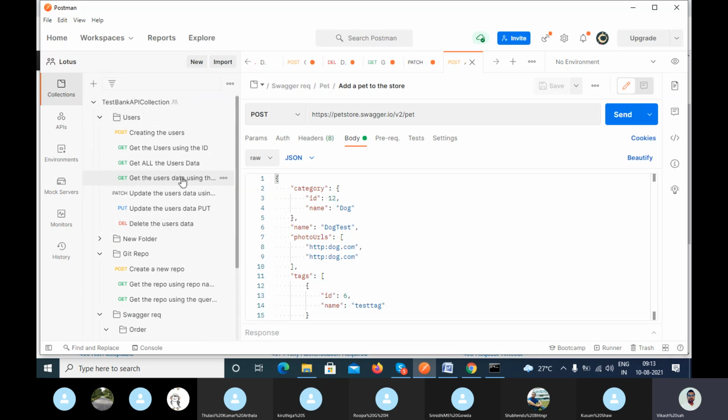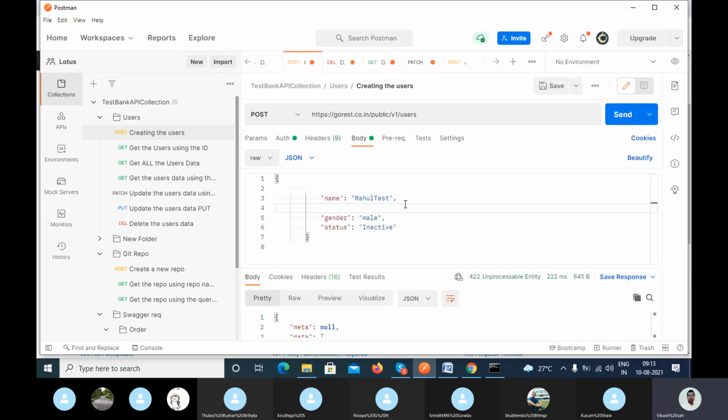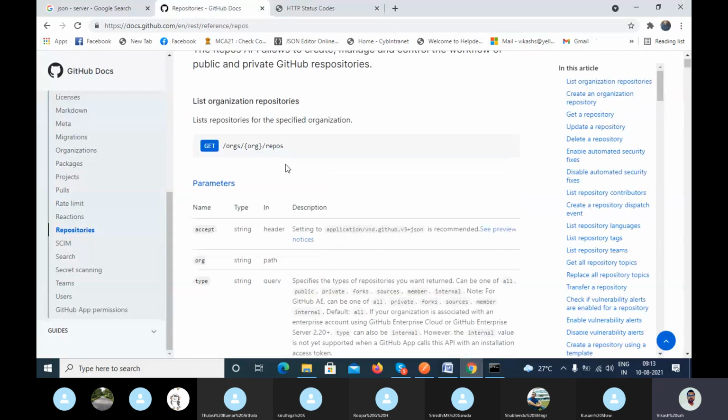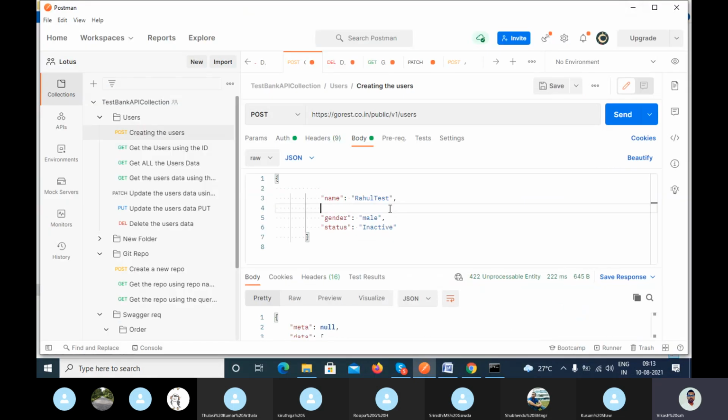So what happened basically, let's suppose in the requirement which we have discussed, if anything is mandatory, and as a tester you are not passing that mandatory thing into your body, then in that case it is a bad request because you have not mapped the things properly.